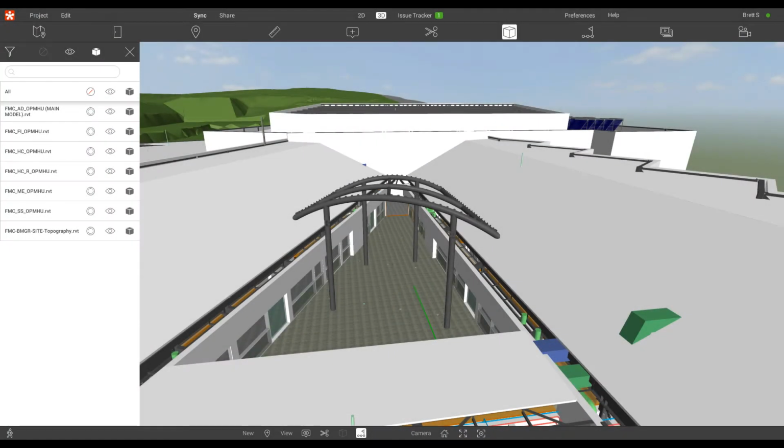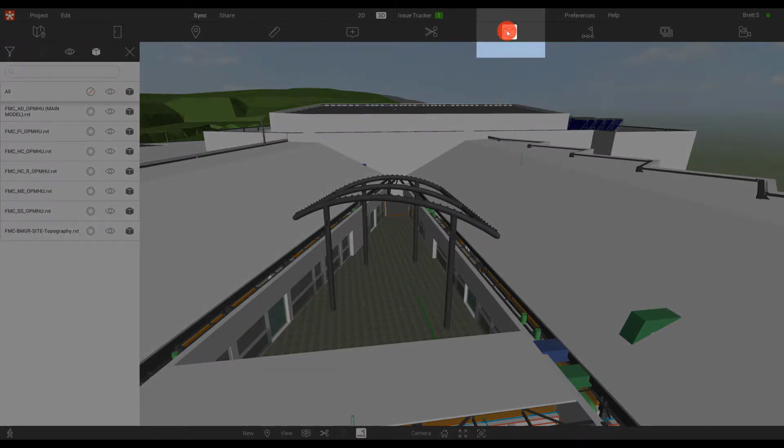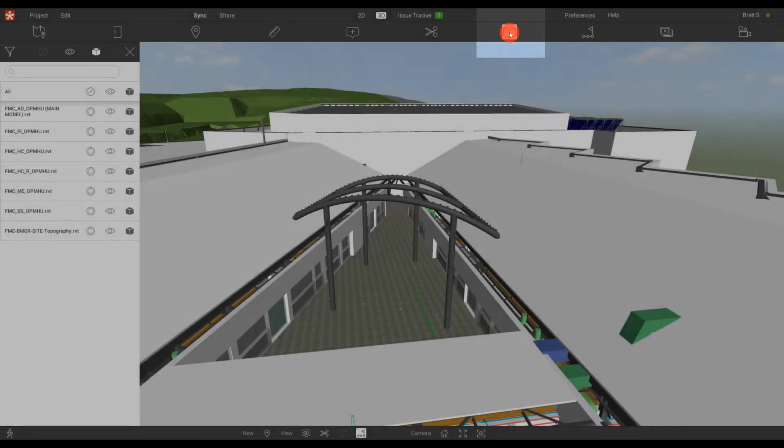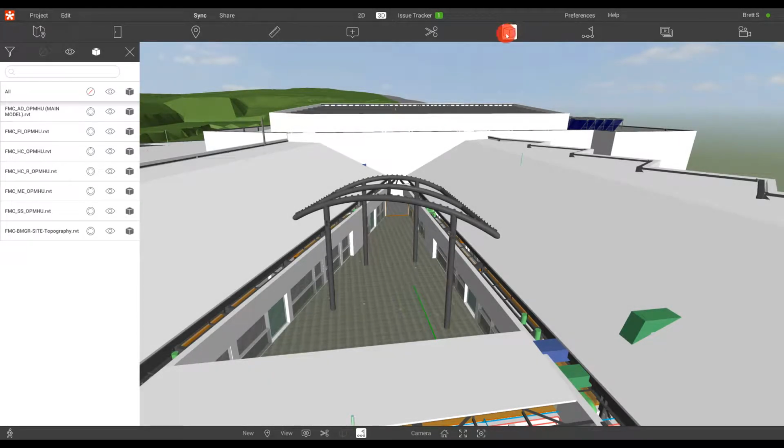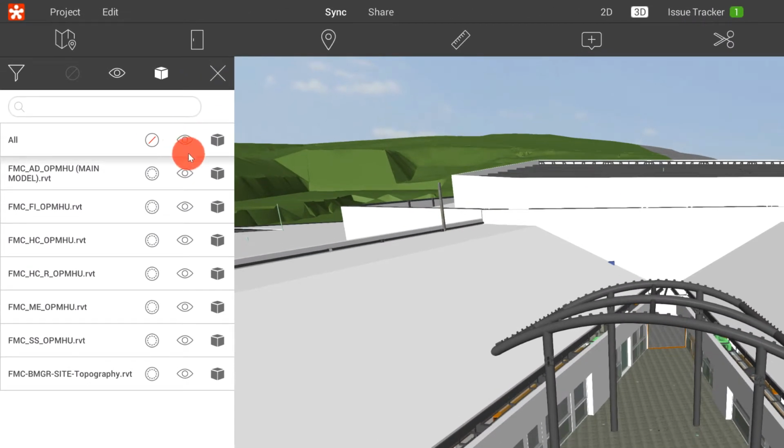In this Revizto training session, we're going to be focused on the Object Visibility tool. The Object Visibility tool can be found in the 3D environment, and it's the fourth tool from the right of the application on the toolbar. Whenever we get into Object Visibility, this is where we can control the visibility of different objects inside of the